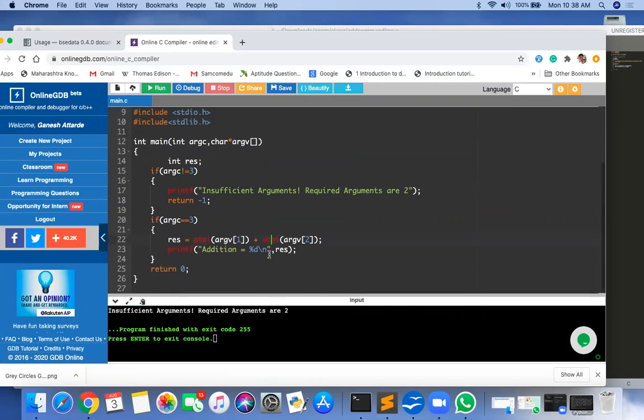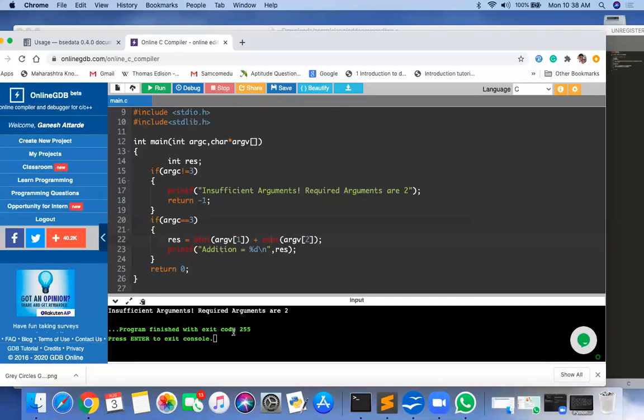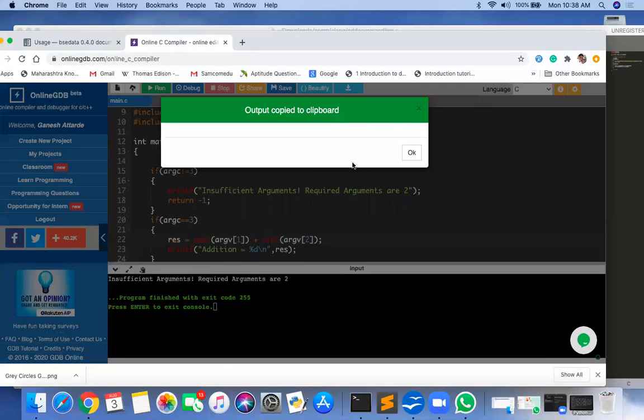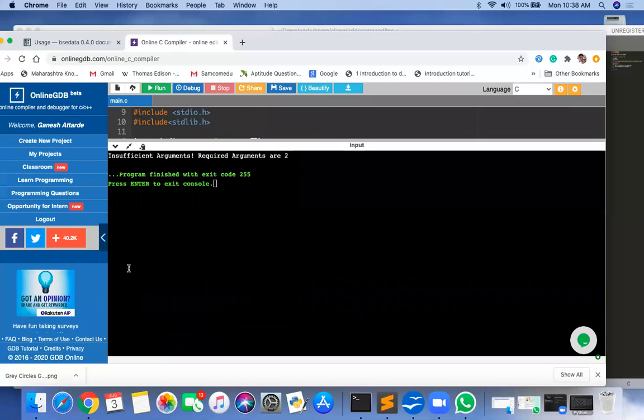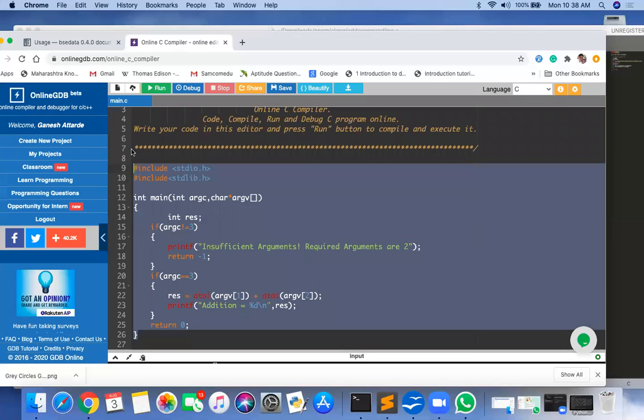But if I want to run it, where are the inputs given? Before this, actually, there is one input given.